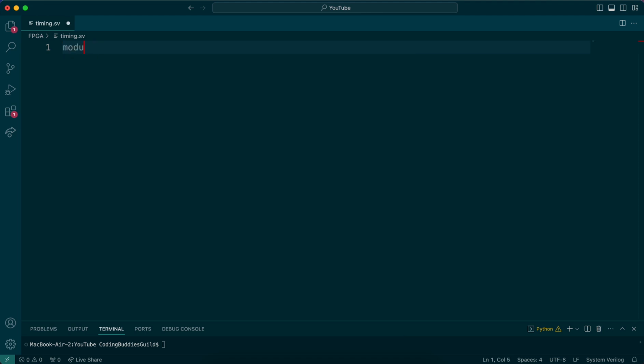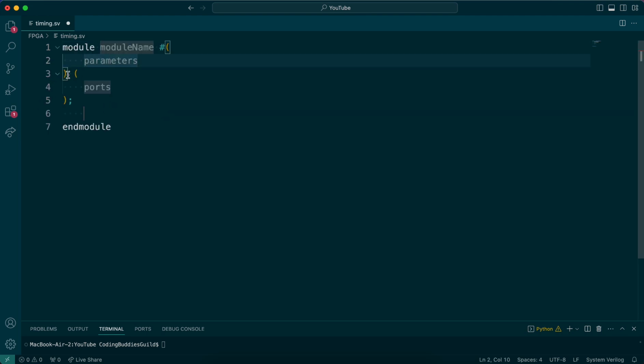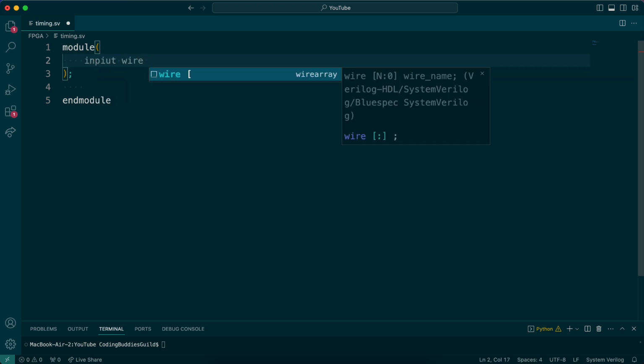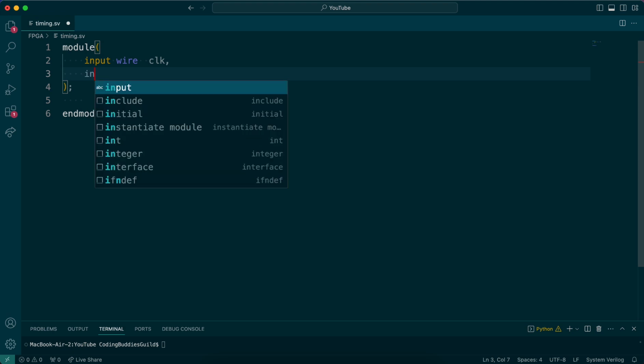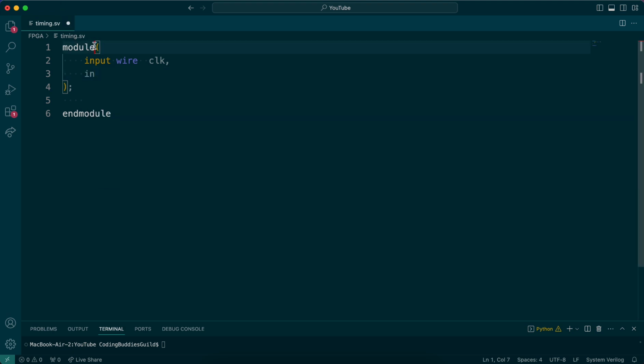We go module and give it everything. We don't really need the parameters. I want to keep it short and simple. So I'm just going to go here and say input wire clock, right? And then I want to do a MAC unit, I forgot the name of the module. So let's not call it MAC, but let's go multiply accumulate, right? So input